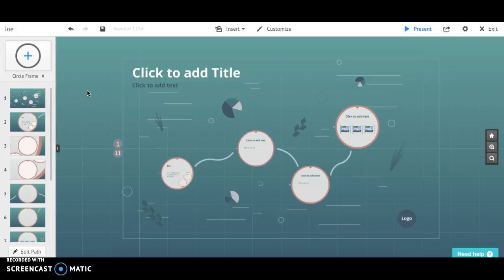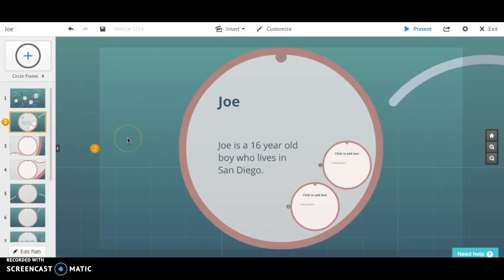This is where your script comes in. That is when you are going to be reading me your story. So for example, I would go to my first slide and say, once upon a time, there was a boy named Joe. He was 16 years old and lived in San Diego. He loved to sit on his couch and watch football games. And then I would go to my